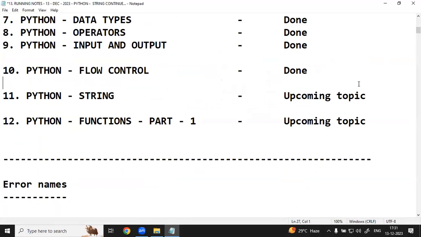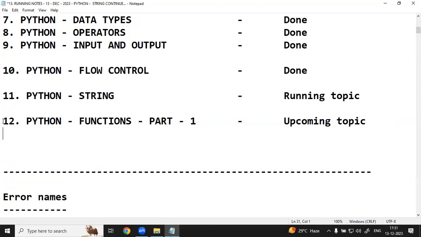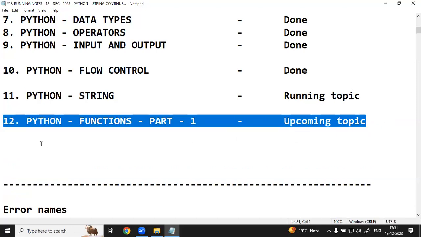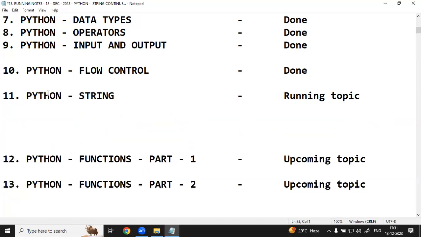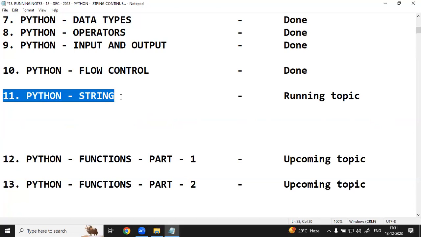So this one is the running topic, Part 1, and the upcoming topic is topic number 13, Part 2. These are all good. What is the running topic, sir? Tell me. String. Good.